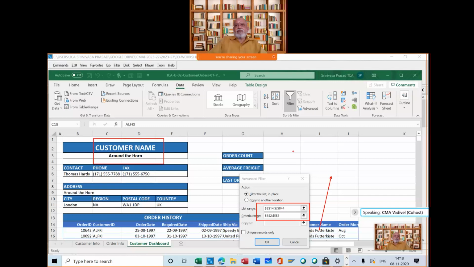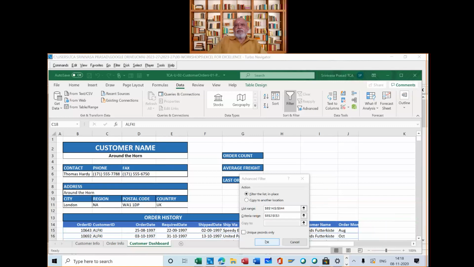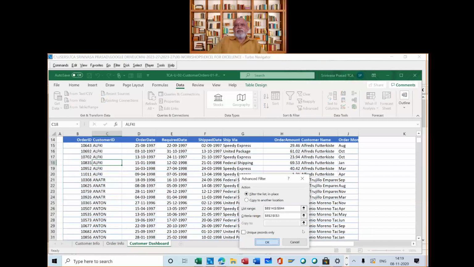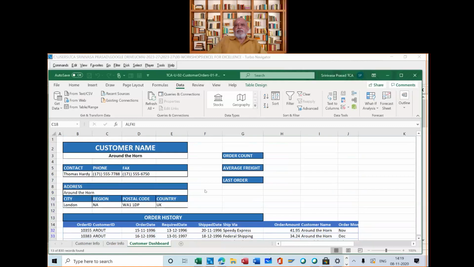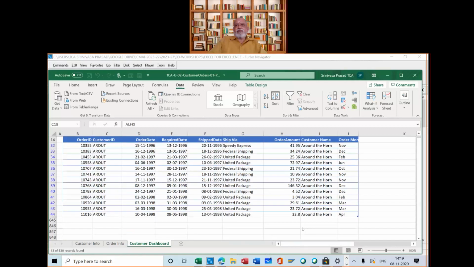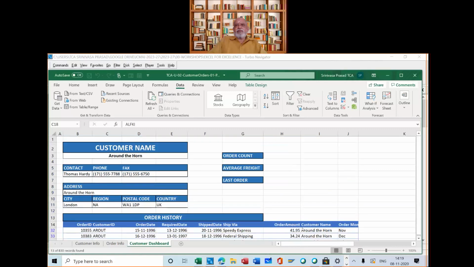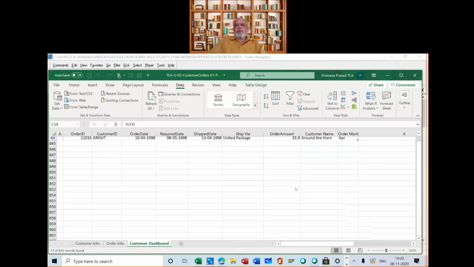Wherever this value is there, you only filter that. That is what is called Advanced Filter, what we are doing. Now, when we do this Advanced Filter, what has happened? Around the Horn has now come here. Is that clear how we are using this Advanced Filter? Any doubt? No. Fine.